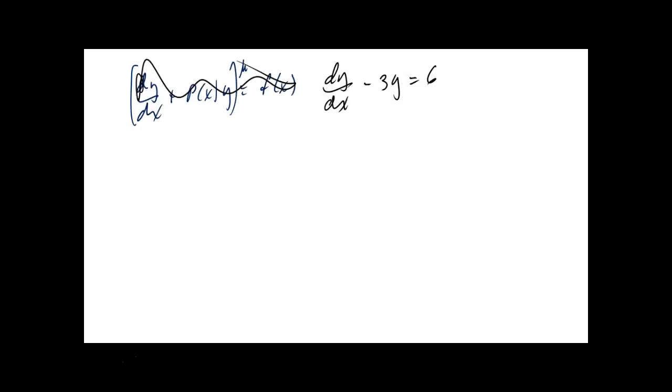Okay. Now, frankly, this one I think we can also do by separation of variables. And this time we'll try to do it a little more carefully. So add 3y to both sides and you get dy/dx is equal to 3y plus 6. Okay. Now do a dy